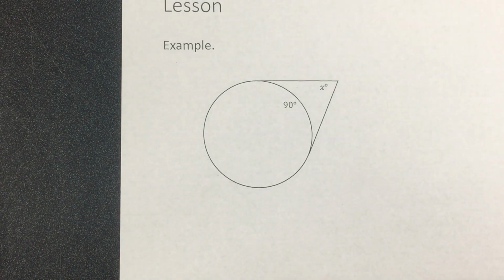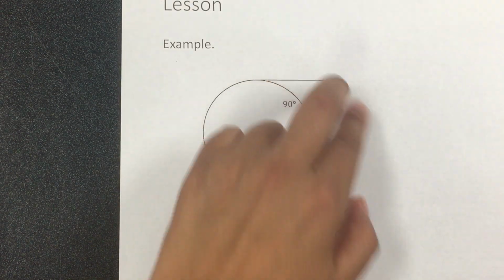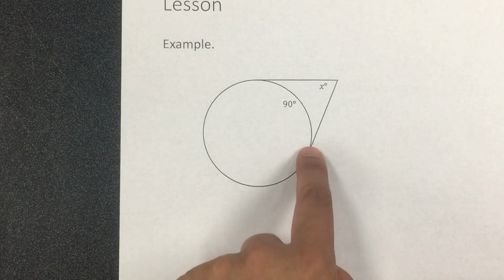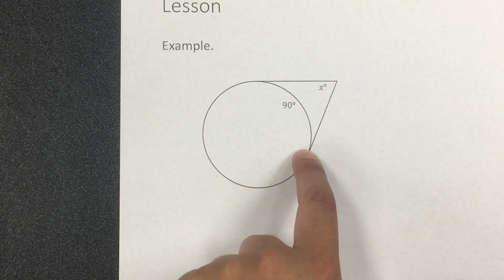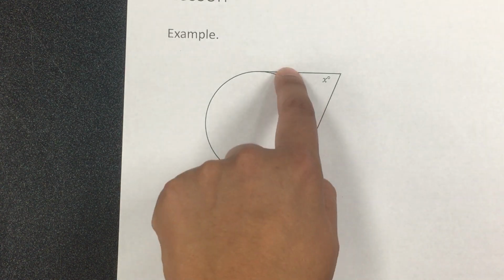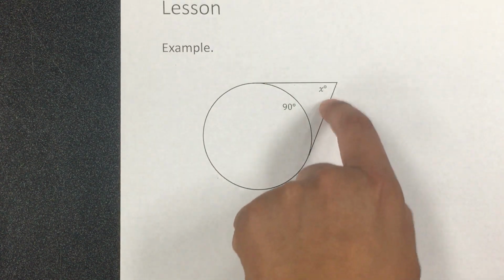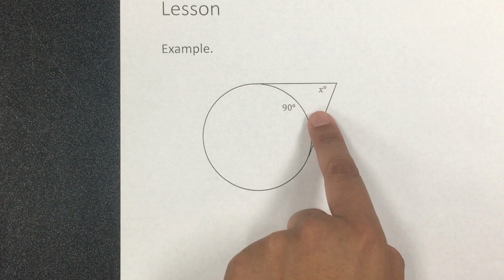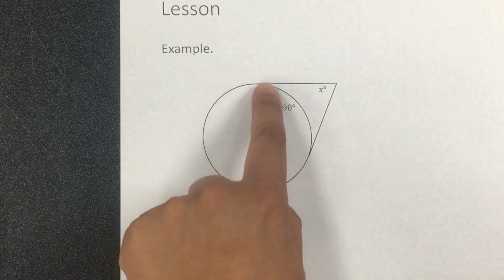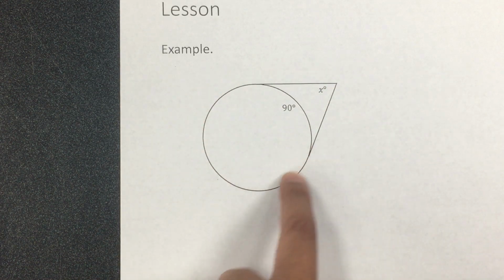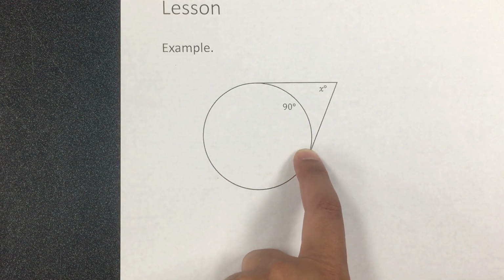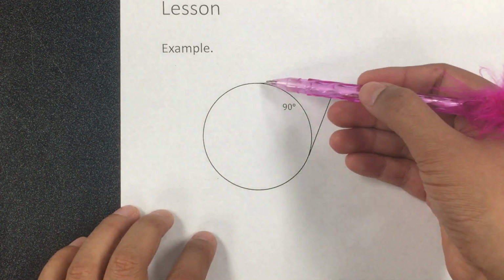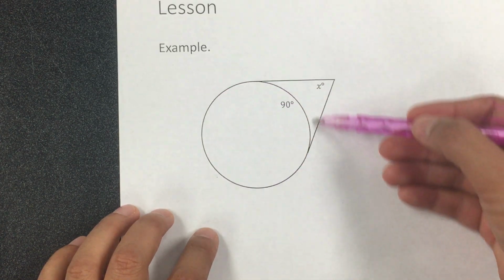This one is now 2 tangent lines. And remember, the rule is to subtract the big arc minus the small arc divided by 2 gives me that value. However, what's going on in here? I don't know the value of this bigger arc. However, I can figure it out because we know that the whole circle is